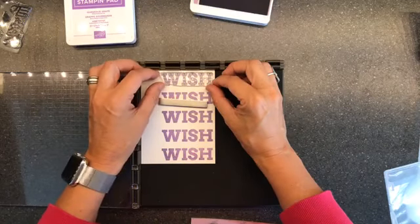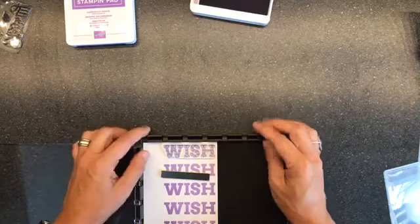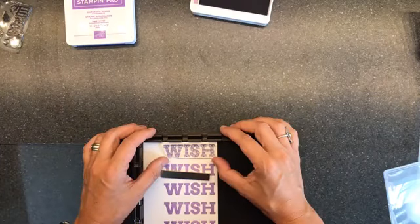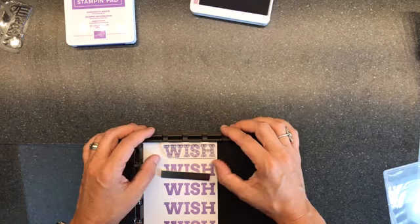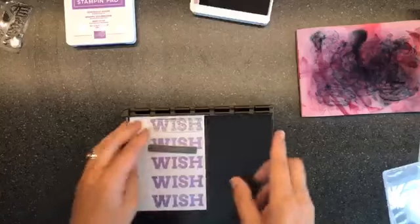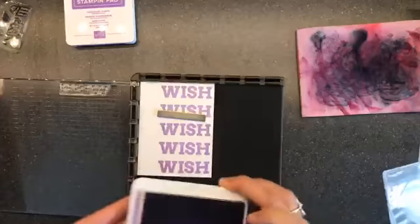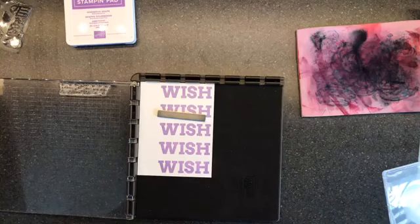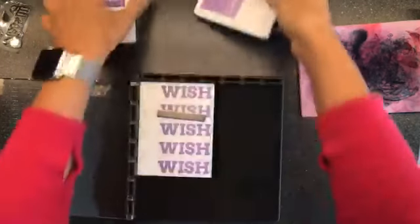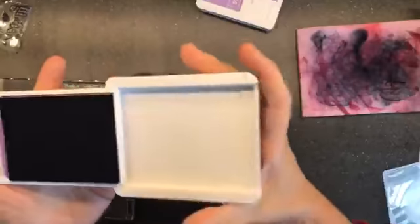I am going to just get this. Now, please don't get mad at me. I'm pulling it back towards me because I don't want you looking at my bad hair for a sec. We're just going to make sure it's lined up. Once that's lined up, I can do that exact same technique that we just used going down. This is going to allow me to put on the next layer